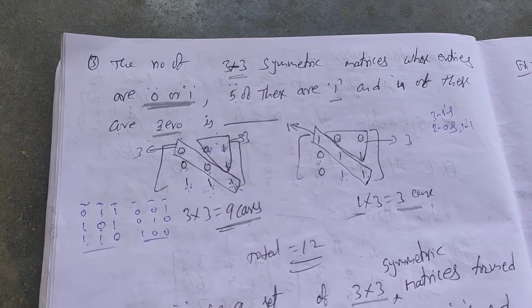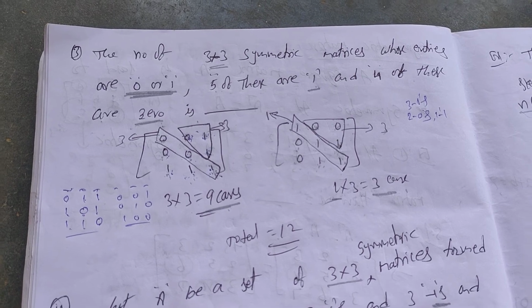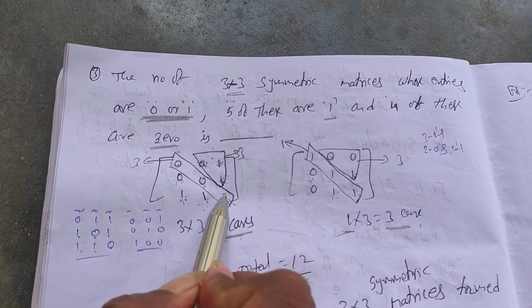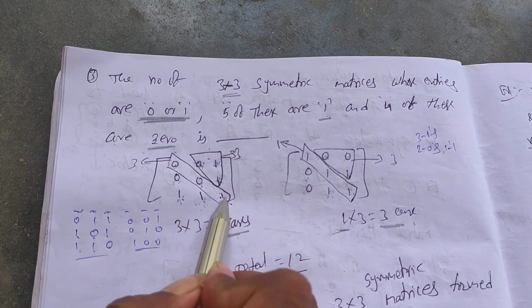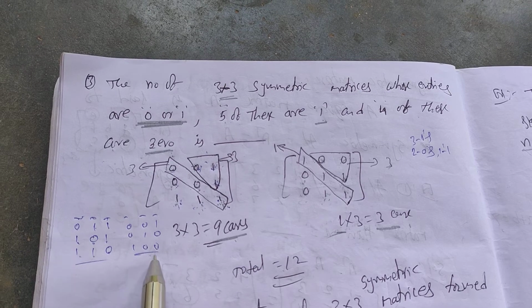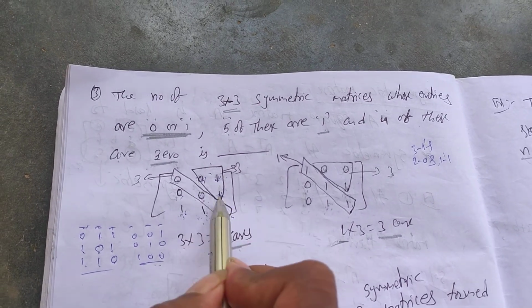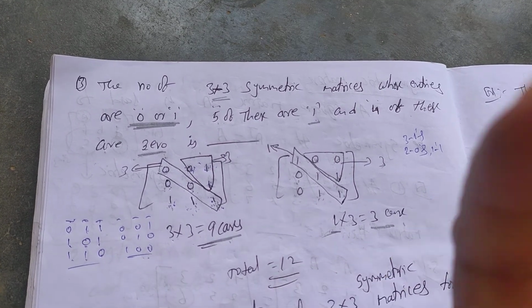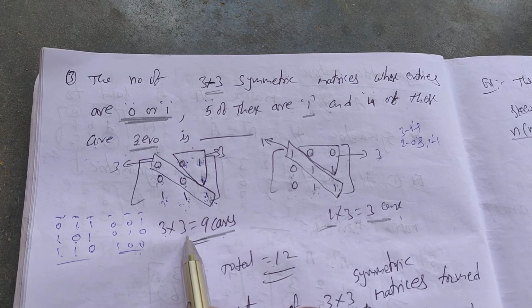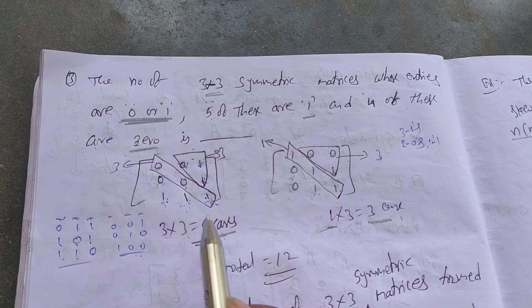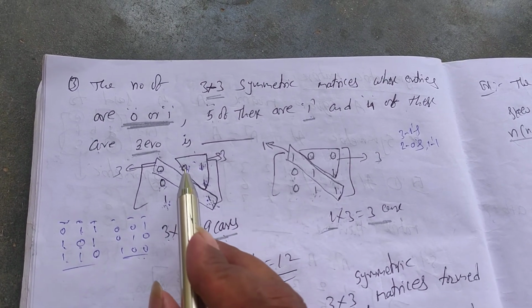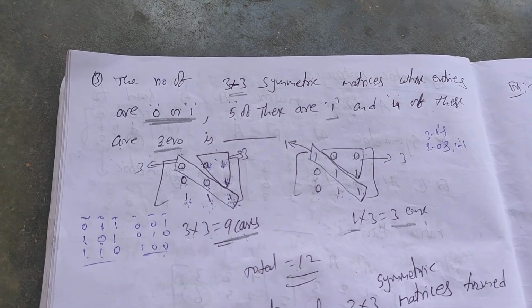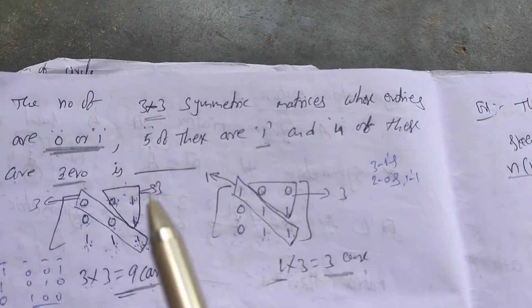According to the basic counting principle, which I already explained, filling these three blank places alone does not complete the work. How many ways can you fill these three blank places? Three possibilities: 1, 2, 3. And for filling the other three blank places, also three possibilities. So the total work is completed in 3 into 3 ways, that is 9 cases. Don't consider the remaining three; whichever number we fill here, the same number we fill in the corresponding place. So one case is completed.